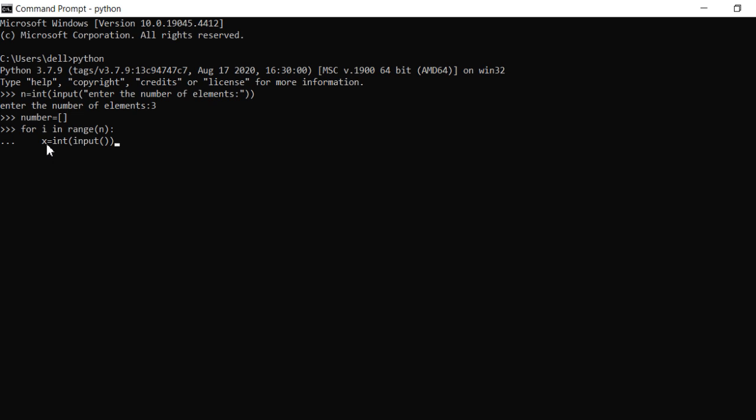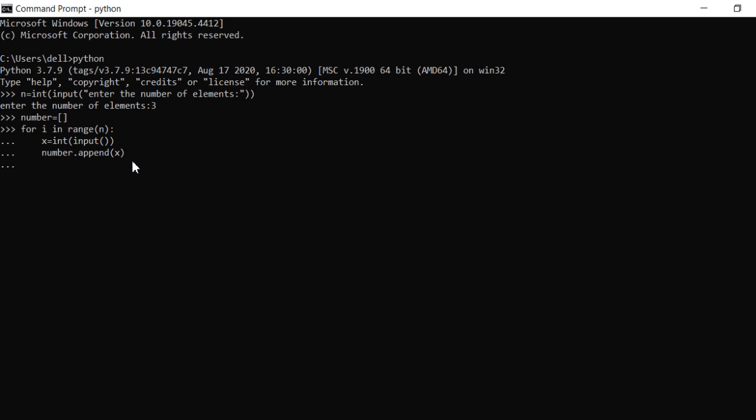In next step, I want to add this 75 in this empty list. So that is why we need a append command. Now I am typing append command here. I type variable name number dot append x, for variable x, to add it at the end of the list. Now we want to repeat this code 3 times. I hope this idea is clear to you. Now I have to press enter 2 times because we want to get outside for loop.